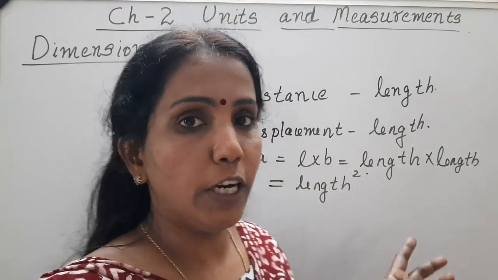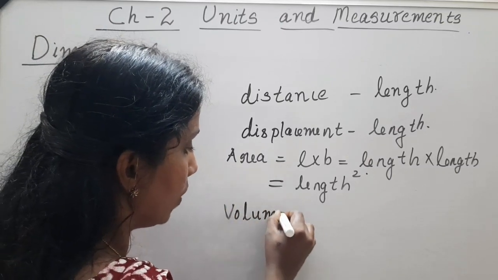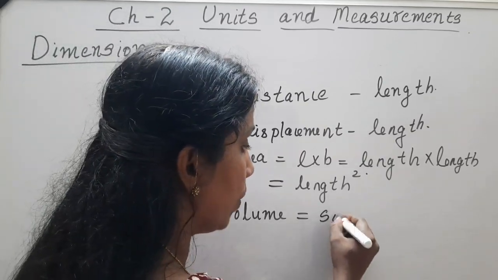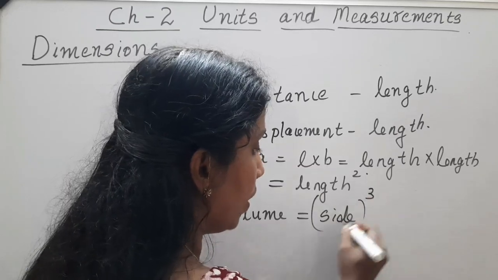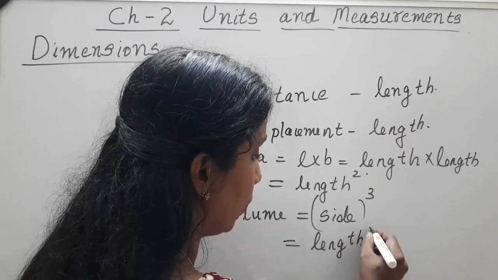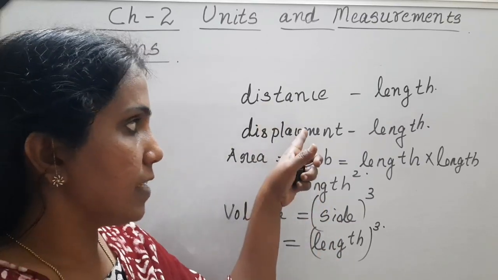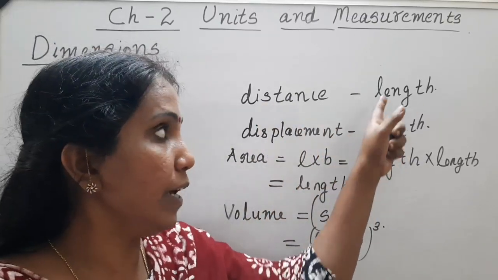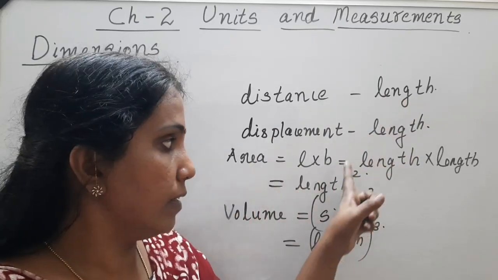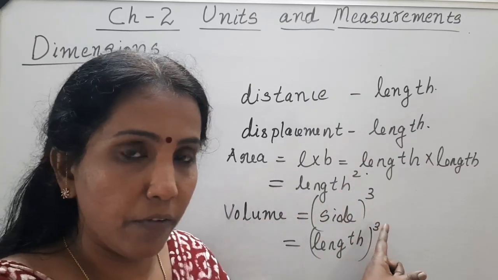Suppose we consider volume. Suppose we consider the volume of a cube. Volume of a cube means side length cube. So basically in terms of fundamental quantity, what will it be? Length cube. Okay. So come to these things again. In distance or displacement, you have fundamental quantity length and its power is 1. And in area, you have the power 2 in length. And in volume, you have the power 3 in